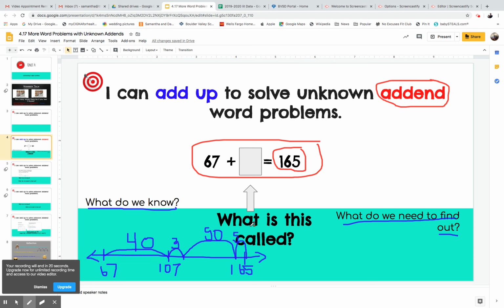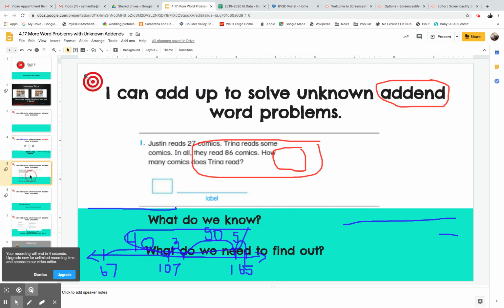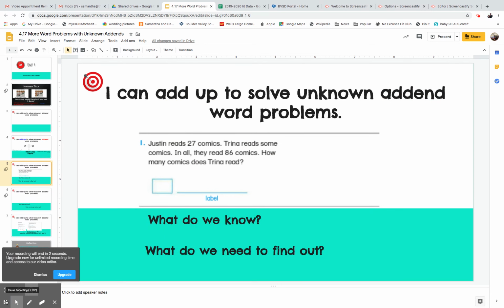Mavs, how much did we add up or jump up to get to our sum? Turn and talk to someone around you, or write your thinking on a piece of paper or whatever surface you're working on. Okay, Mavs, how do we use what we know